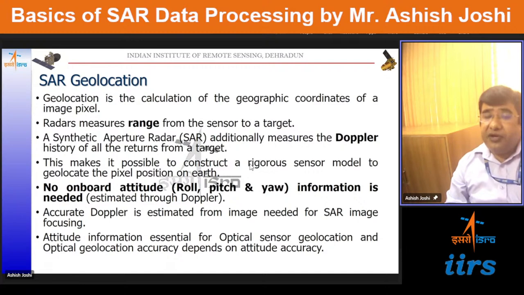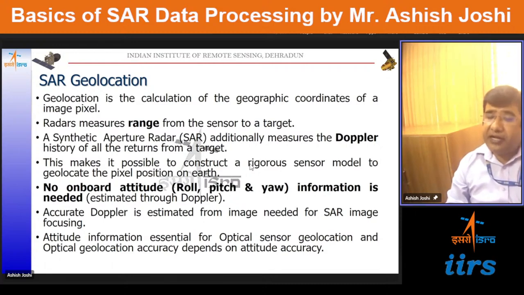And we don't need any roll, pitch, yaw information for the geolocation, because we can estimate this roll, pitch, yaw directly through the Doppler. Unlike in the case of optical, where we need the exterior orientation like roll, pitch and yaw to geolocate any target in the optical images, in the case of SAR we estimate the Doppler directly from the image, so we don't need the roll, pitch, yaw angles of the satellite to geolocate any target. The Doppler is estimated from the image, as needed for SAR image focusing. Attitude information is essential for optical sensor geolocation,